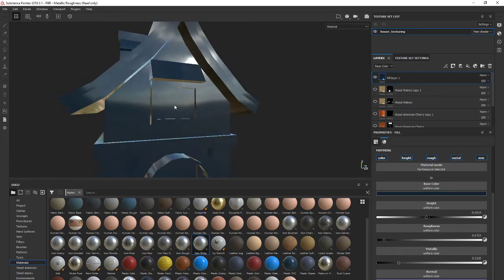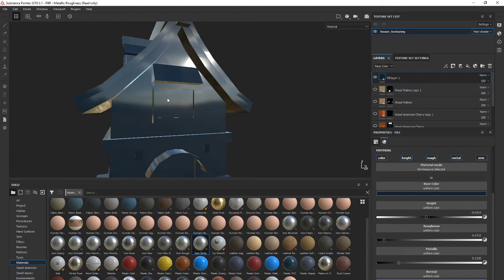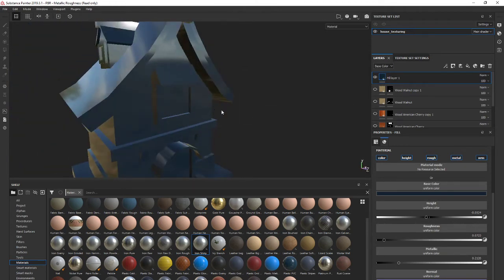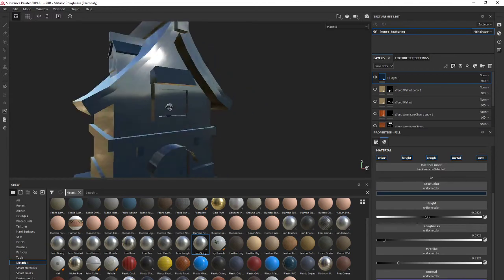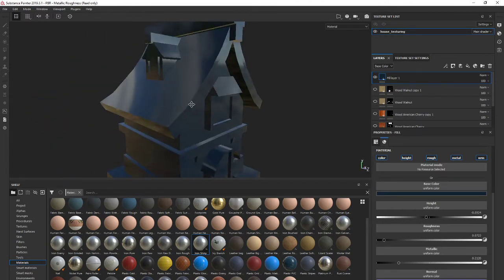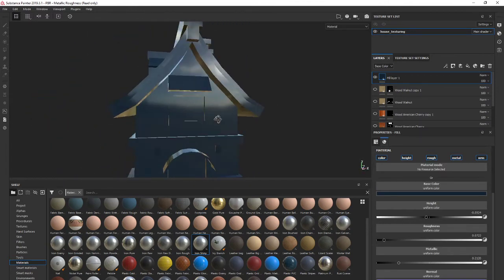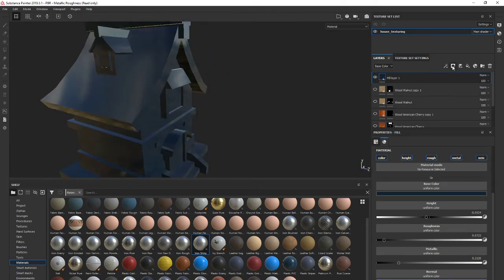And to show shininess only for windows, I need to mask those. So basically, to mask those windows, I'm using this small little square over here. And to use a square,